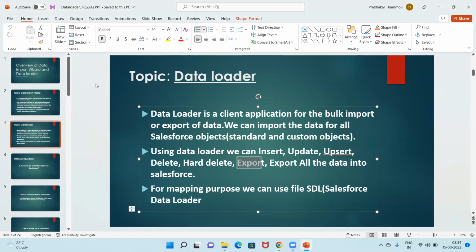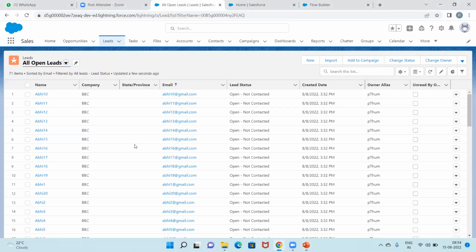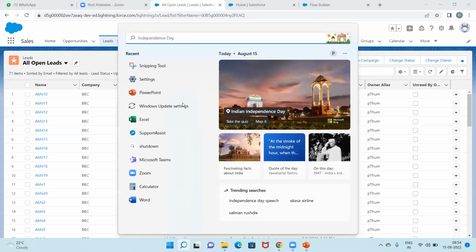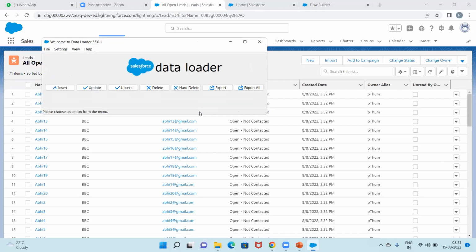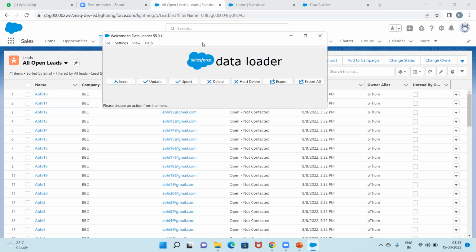And for a mapping purpose, we can use an SDL file. I have showed you, right? Show you that example. And we have to install the application before using the data loader. So this is an application which we have to use while inserting or updating the data. If we want to delete the data, we need to use this data loader, and we need to log in